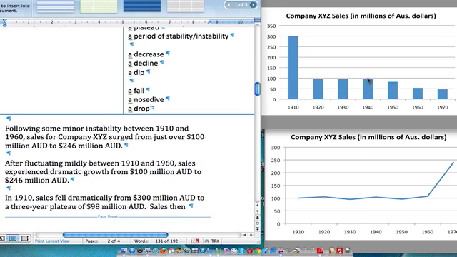They dipped, or we could use the word dropped. Drop is usually for perhaps a bit more of a major fall, but we could use dropped here. So sales then, let's use dipped. Sales then dipped, and this dip is not major, so let's use modestly. They dipped modestly to 70 million in 1950,